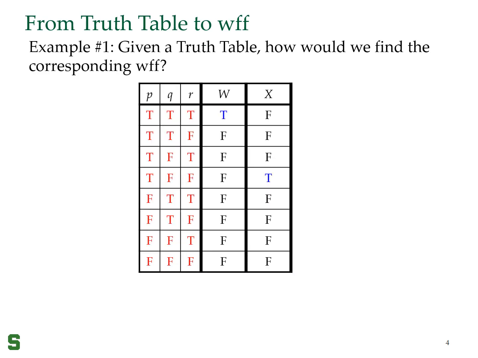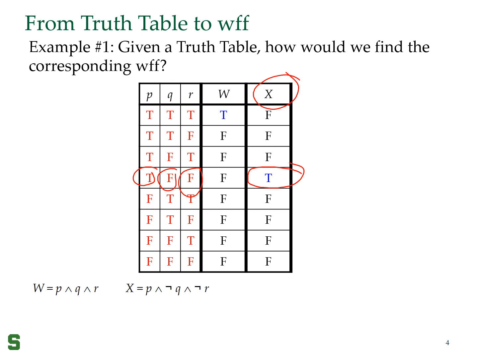Now here we have another formula. This is formula X. It also evaluates to true in exactly one place over here, and it evaluates to false everywhere else. So let's see when X evaluates to true. It evaluates to true if P is true, Q is false, and R is false. In other words, X is the formula